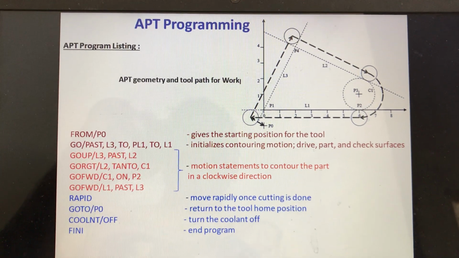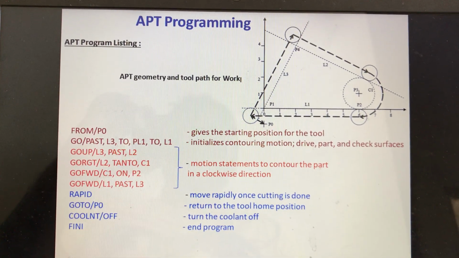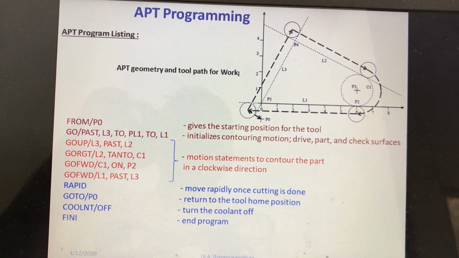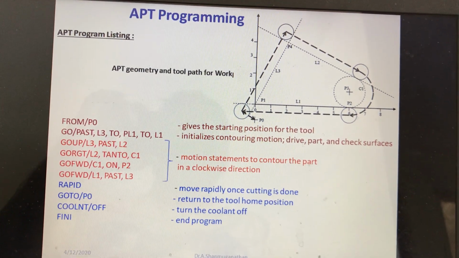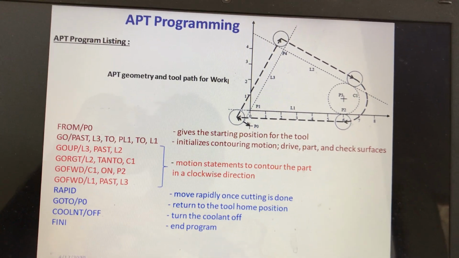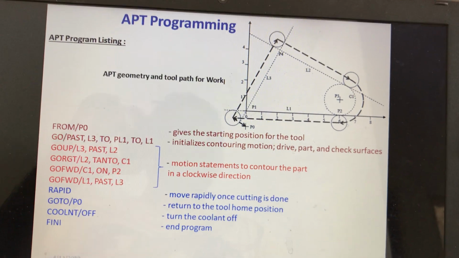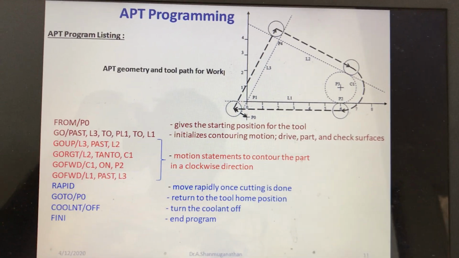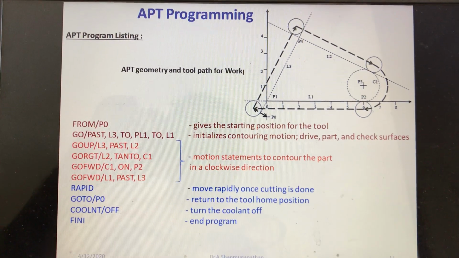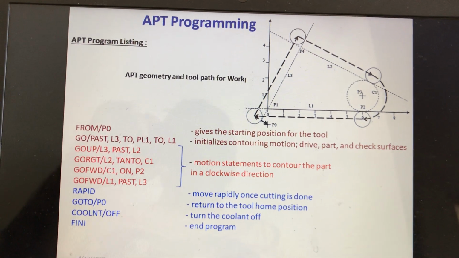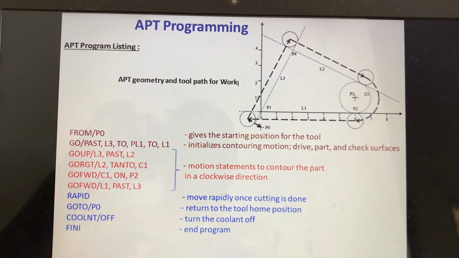And then post processor statements do the work of both the initial phase and the final end program phase, like telling the type of machine, the spindle speed, and coolant on, coolant off. Okay, and cutter diameter and all these things.